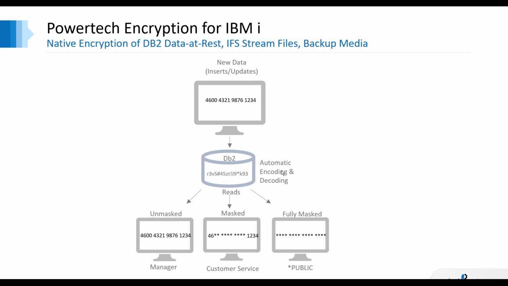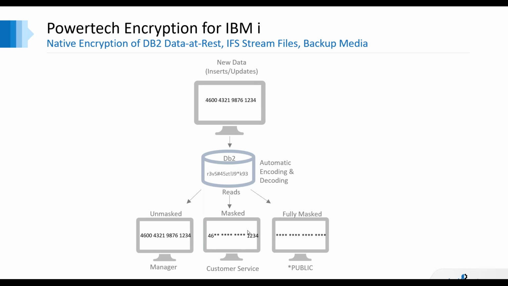Just a little idea to give you a sense of what it's going to do: with those field procedures doing the encryption over that DB2 file and that data at rest, when a user inserts new data to the system, as soon as they press enter, with those field procedures, you're going to be able to encrypt that data automatically. And when a user goes back to read that data that's been added to that DB2 file, you're going to be able to programmatically decide, as we mentioned before, how the user is going to be able to read it: if they're going to get the unmasked data and get everything, or the partially masked data.